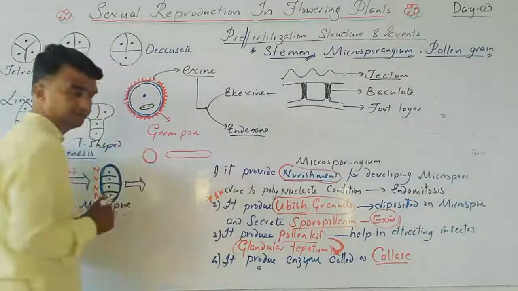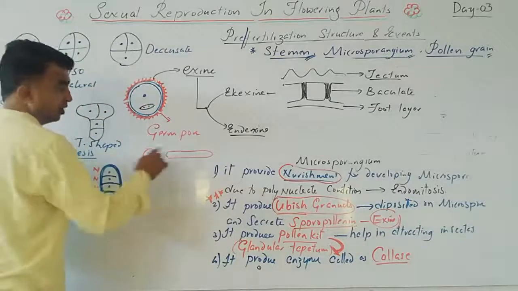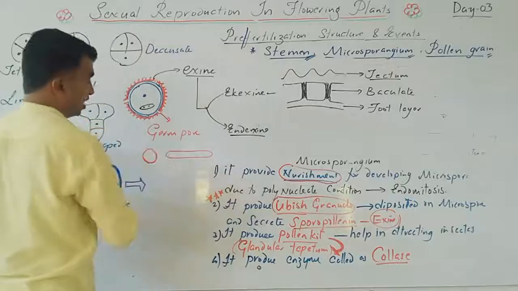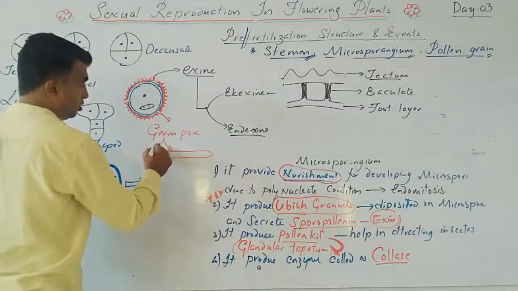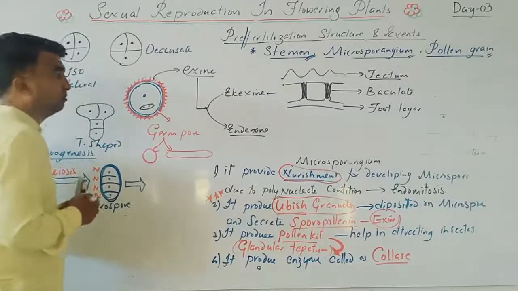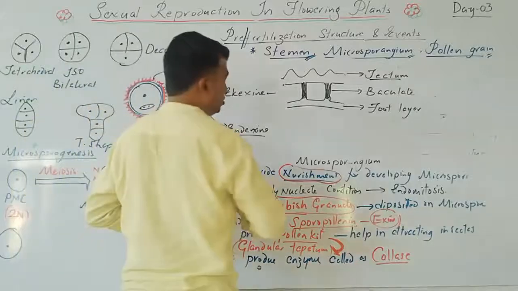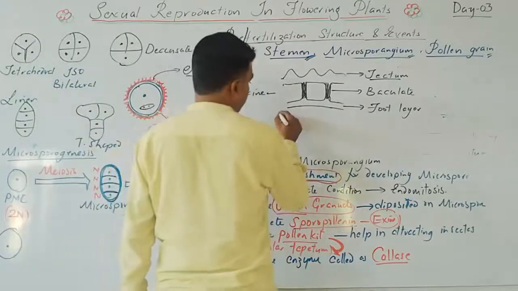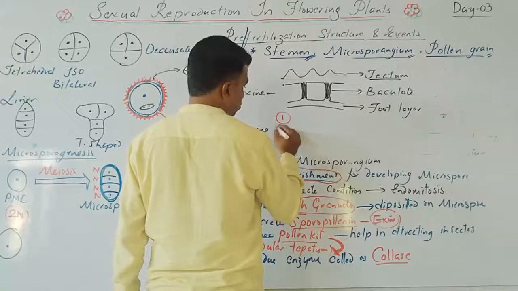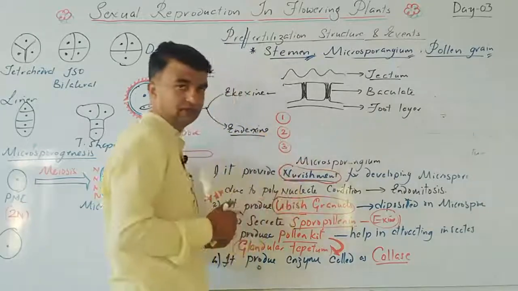So the elongated furrow is here. So germ pores are either circular or furrow type. Based on the number of germ pores, 1, 2, 3,